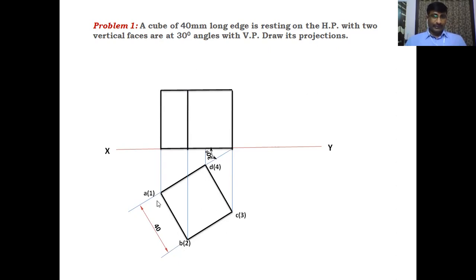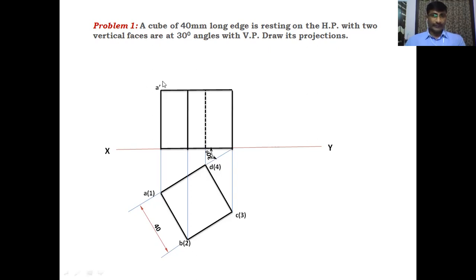Okay. Look at the points. This is the upper base. This is the invisible longer edge. This is the invisible edge. This D4 is the invisible edge. Only one side is invisible here. Two faces are invisible and one longer edge is invisible.